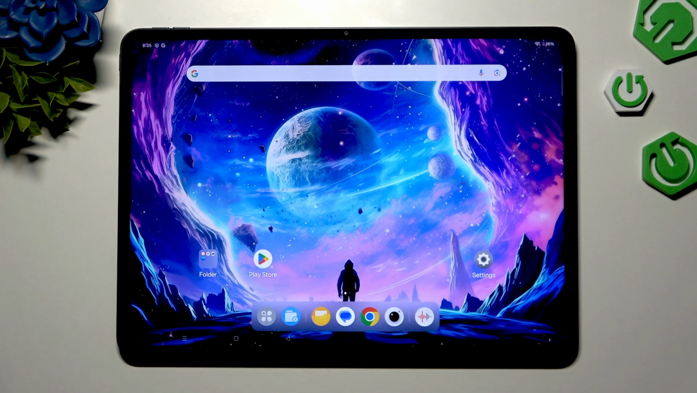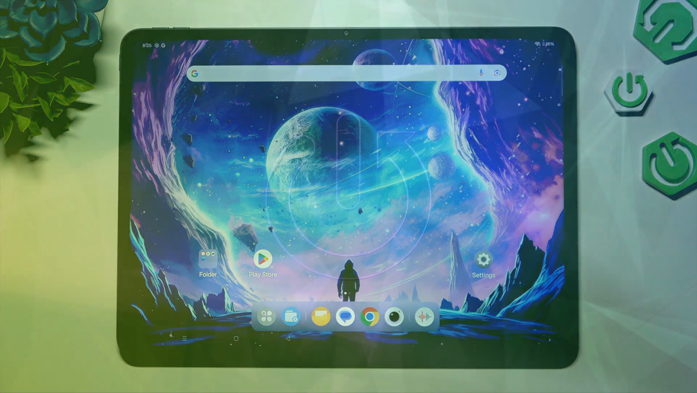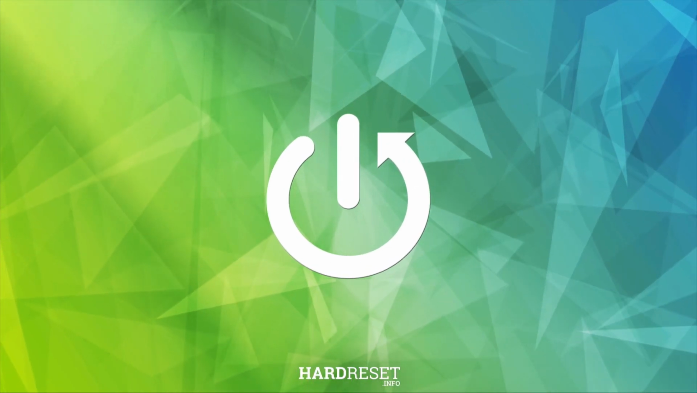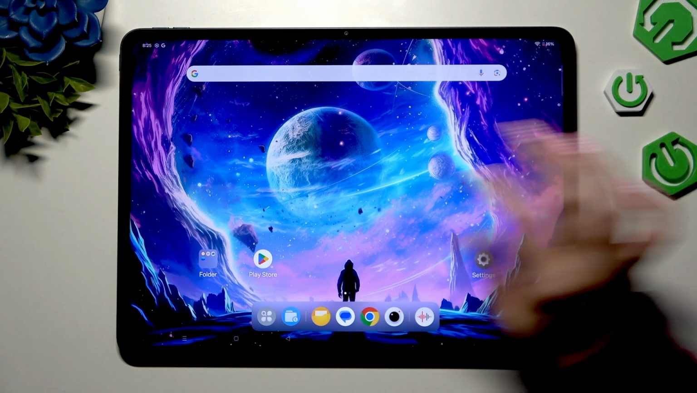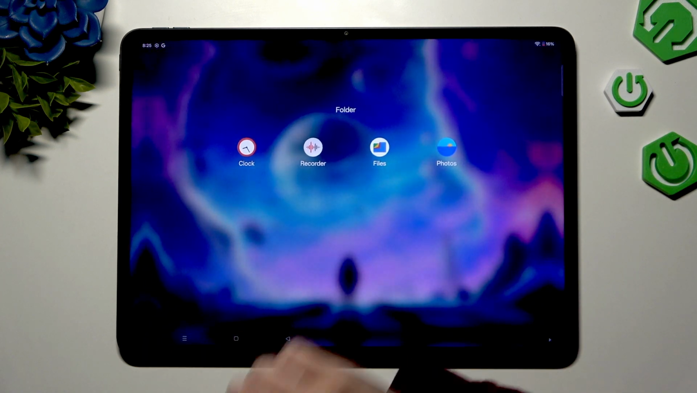In front of me is OnePlus Pad 3, and today I would like to show you how you can operate voice recorder. Begin by opening Recorder app